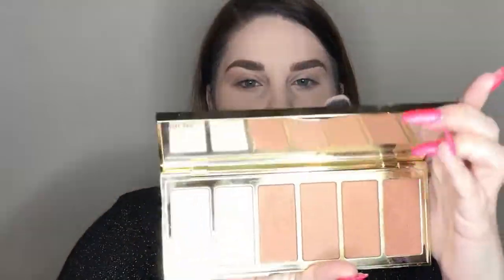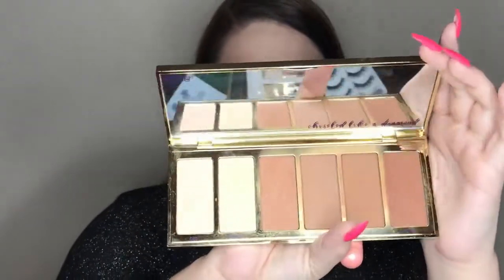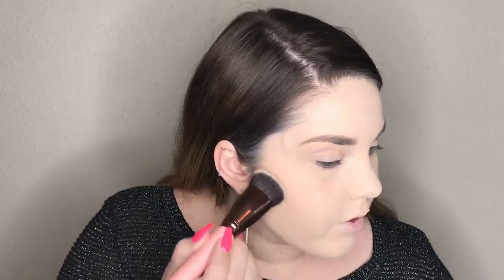So I'm going to go in with my Tarte Park Avenue Princess Bronzer Palette. This is my go-to contour palette now. I pretty much don't use anything else. I want to try the bronzers that Kylie came out with, but I love this palette so much. So I'm going to tap in there pretty lightly, not get too much on the brush. Tap it off. And I'm going to go...